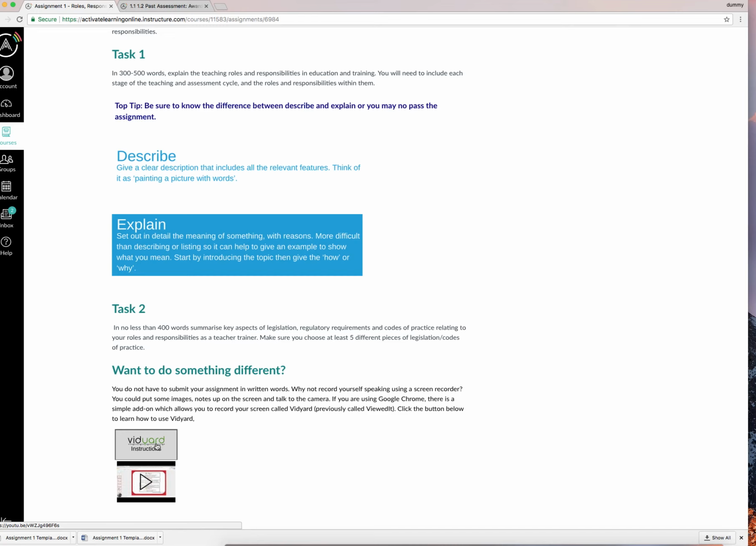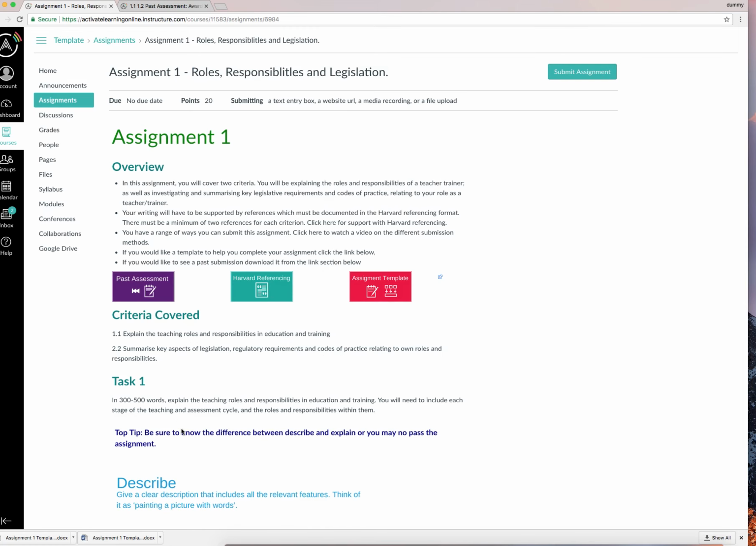So you could do a couple of slides with some images about your assignment and maybe some bullet points. And then you could talk about those images and bullet points, which may be easier than writing 400 words, because if you talk for 2 minutes, that's your 400 word equivalent. So it's really up to you how you do the assignment. If you click here you'll have instructions for doing the screen recording. If you have any problems, then just click feedback on the home page and someone will be able to